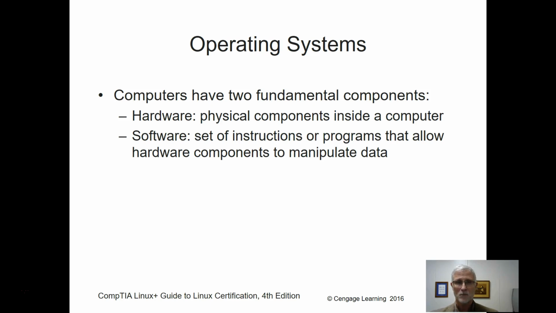Now, what is an operating system? Well, an operating system has two basic functions. It controls the hardware, the physical components inside your computer, your phone, whatever the case may be, and it's software, a set of instructions and programs, that provides the interface between you, the user, and the hardware. So it allows you to manipulate data. It pretty much gives you all the rules to get what you want out of your head